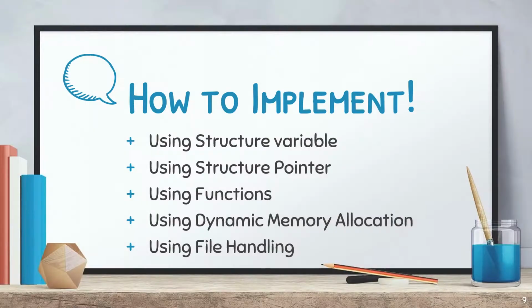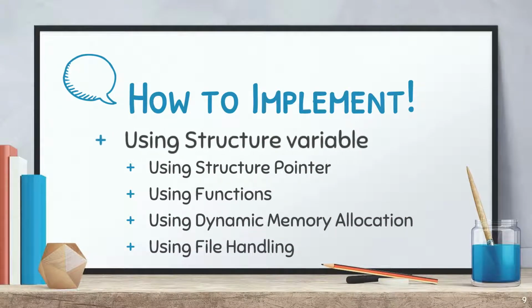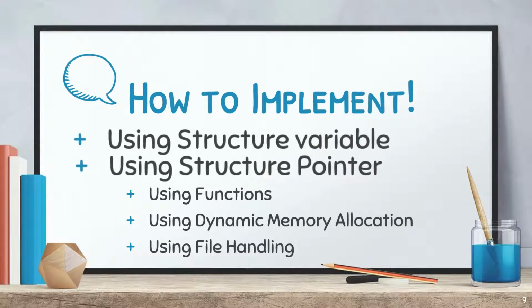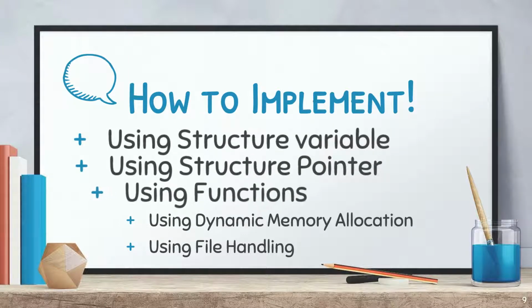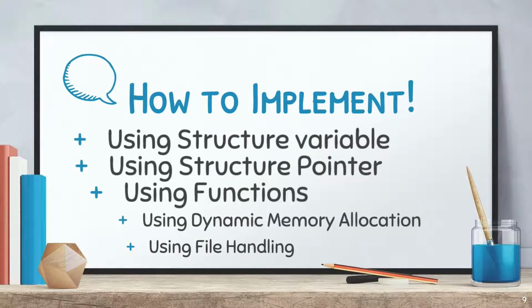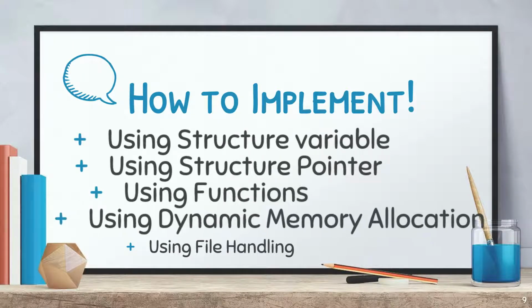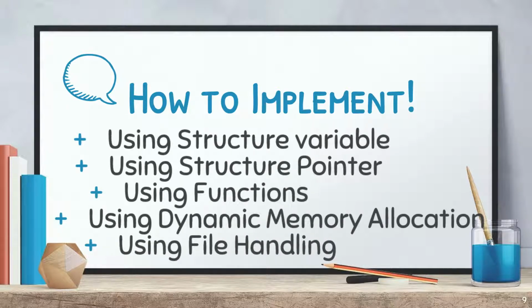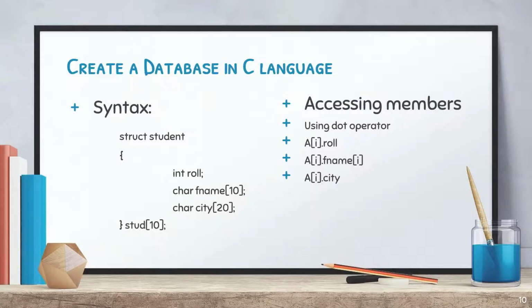There are different ways to implement the operations on that structure. We can use a structure variable. We can use pointers to that particular structure. Someone may use C programming with functions. If someone wants to, they can use dynamic memory allocation. Even database handling in C can be implemented by using file handling. In today's session, we are going to start with a basic program with a simple structure and access the members